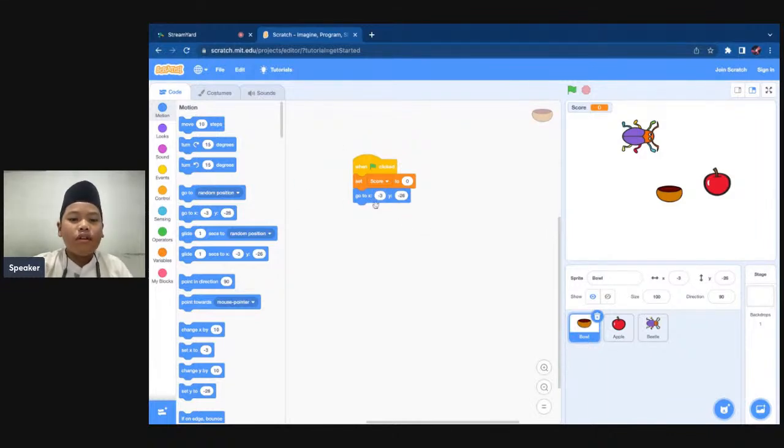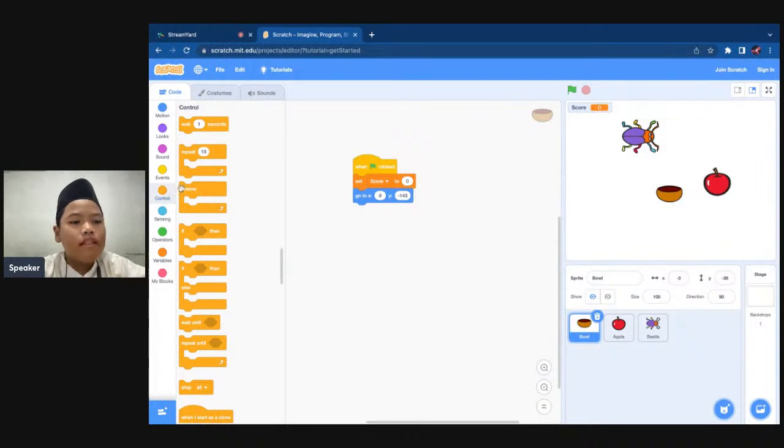Now change the numbers of the go to X and Y into this. Change the X into 0 and change the Y into minus 143. Now everyone go to control and drag the forever block and put it under the go to X and Y block.